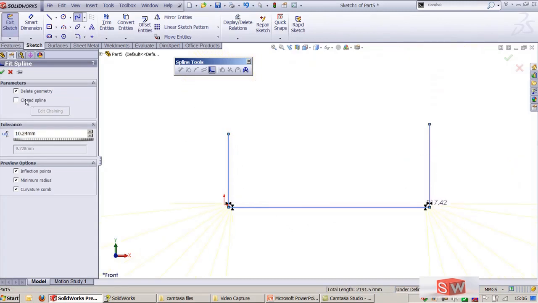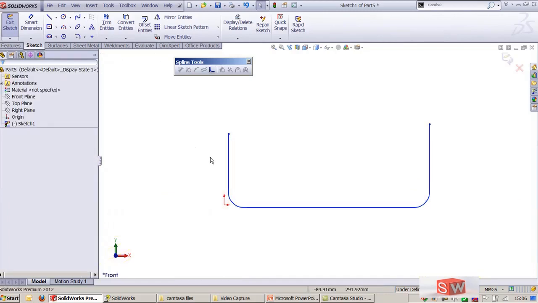Here we have a closed spline, so the spline has covered these 2 points. Now I can use this tolerance to understand the curvature, that is, the spline which we are going to impose on these line segments should have a minimum radius of 69, or whatever you require. I'll click OK here, and now let's look into this geometry.